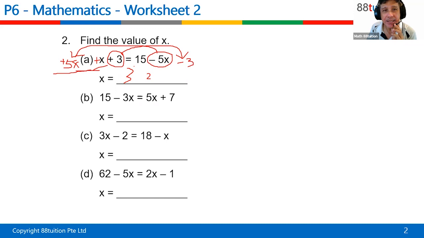So what we have is a 15 here with nothing in front, which means it's a plus 15. So now we have plus 15 minus 3. That will get me a positive 12. Which means left side 6x, right side is 12. So because it is 6x equals 12 now,